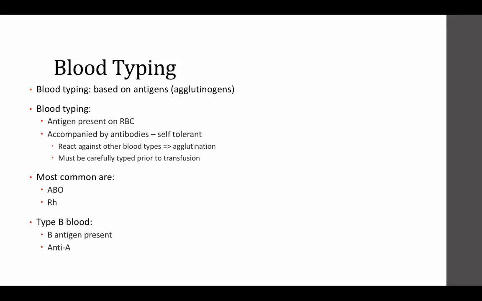If you have type B blood, what that refers to is that your red blood cells have a B antigen, it's just been named B, present on the outside of that red blood cell. Circulating in your bloodstream are anti-A antibodies. You don't have type A antigen on your blood cells, so you're just fine having that anti-A antibody circulating throughout your blood. So you are